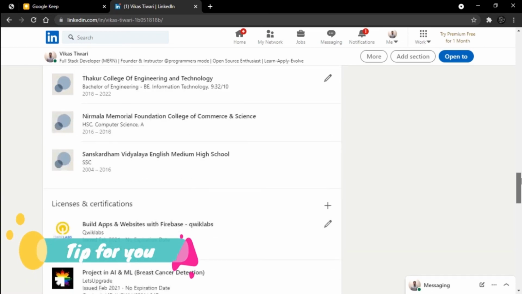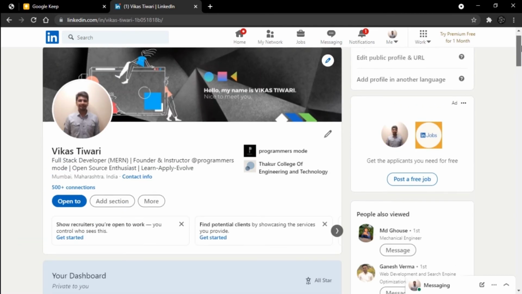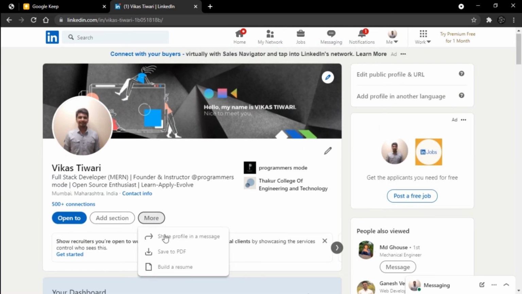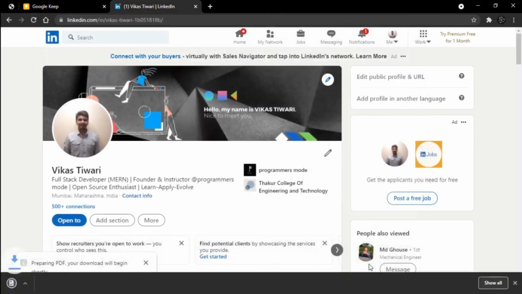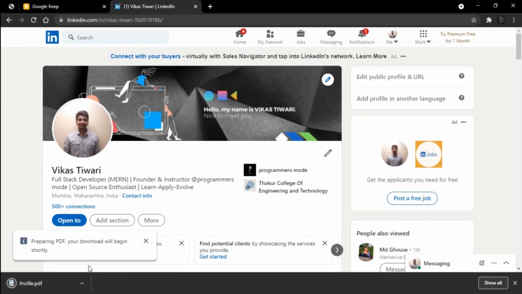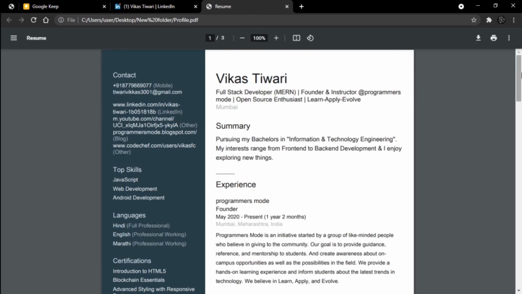And at the end, wherever it is required, you can simply click on more and click on this save to PDF. So here you will be able to save your profile in PDF form in your rushing times, and you can submit this as your resume.